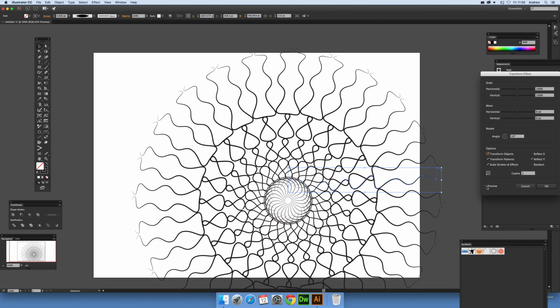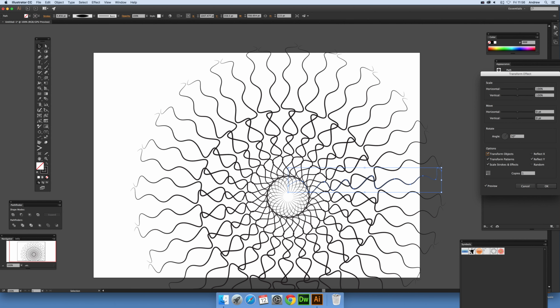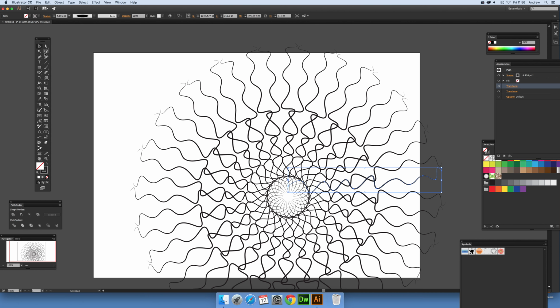Now, the preview is never on, I never understand that in Illustrator. It would be nice to have a sticky preview, but for some weird reason they seem to like not having it sticky. So you can just change the setting there, 50, and you can see straight away it changes that way. It's still live, so if you go back,